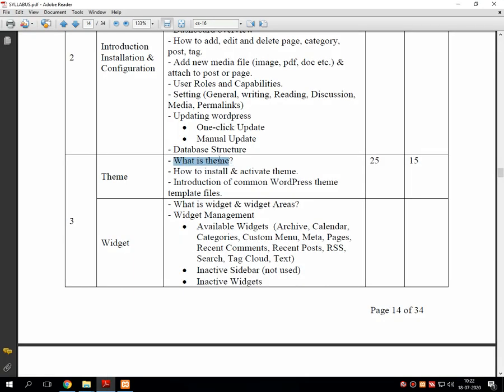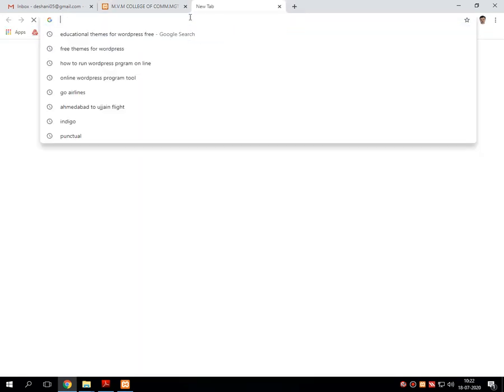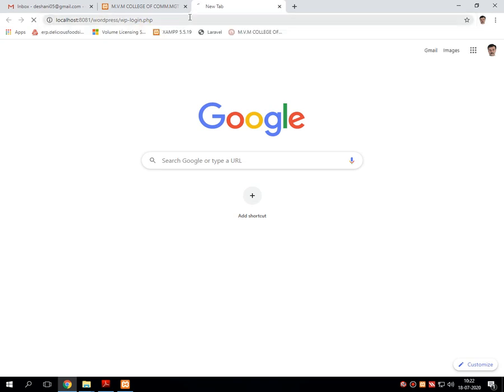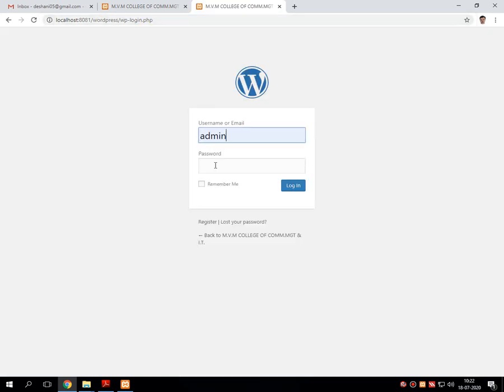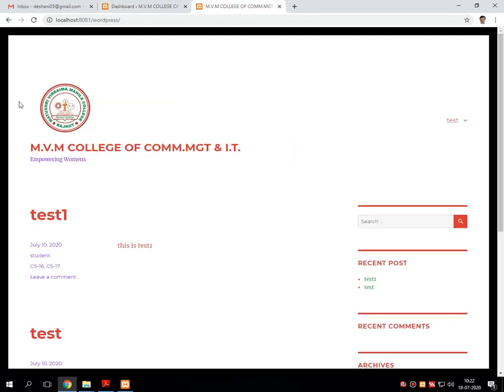This is actually the justification of what a theme is. Right now in WordPress, the theme which is activated, that means whenever I have installed WordPress, WordPress gives me some fixed theme which I can use for development purposes.